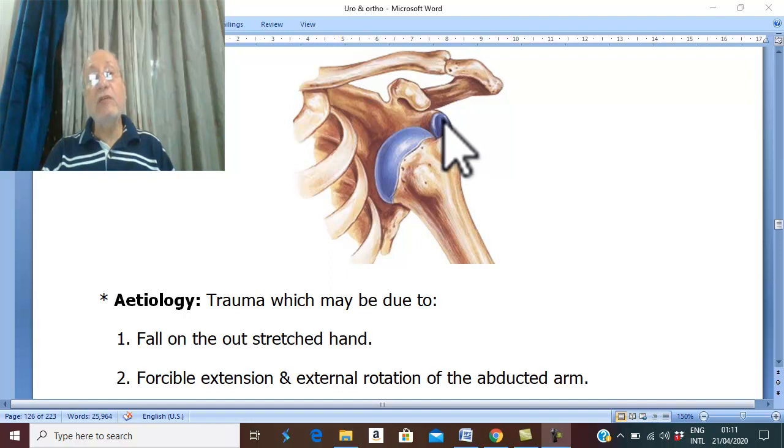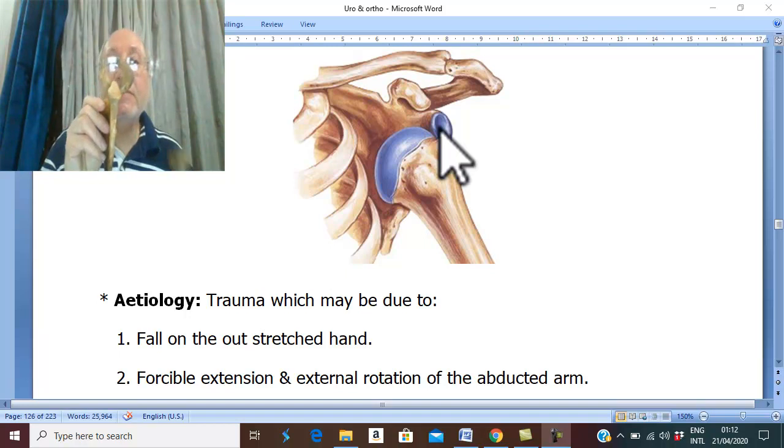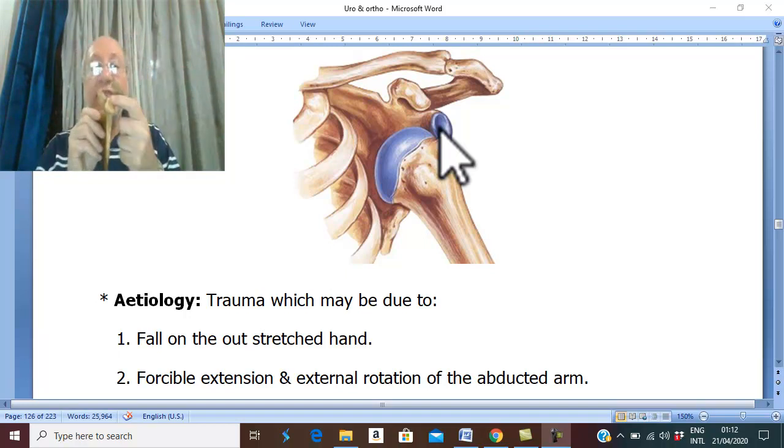Is the size of the glenoid cavity suitable and proportional to the head of the humerus? Of course not. There is a shallow, small glenoid cavity like this. This is the glenoid cavity, small and shallow,